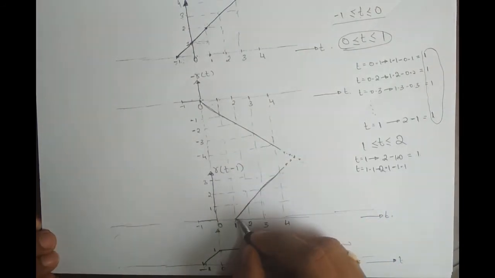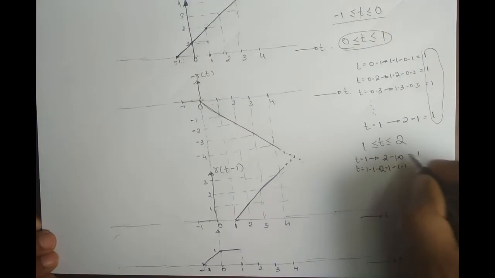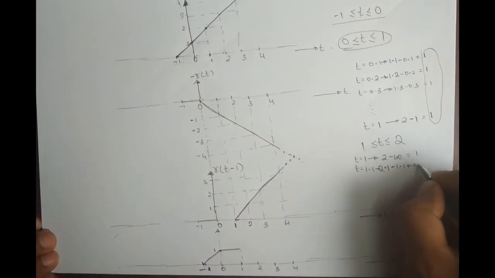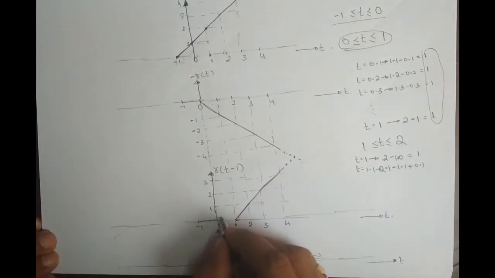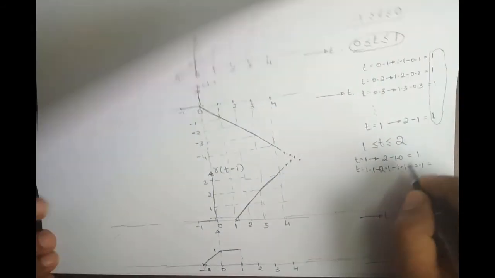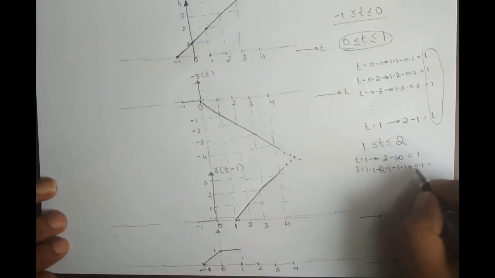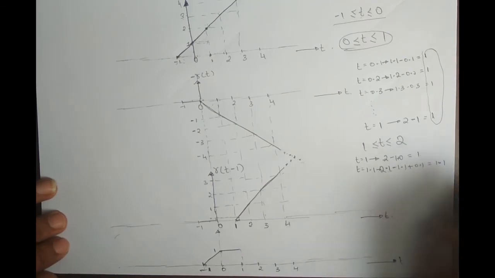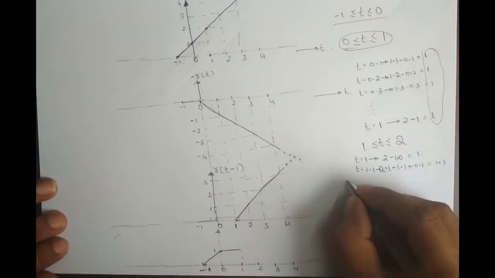So at t is equal to 1.1, what is the amplitude here? It is plus 1.1 because it started from 0, right? So slightly more than 1, so it is plus 0.1. This value here plus 0.1, right? So this is 2.1 minus 1.1. So we get 1 plus 0.1, which is 1.1, right? So starting from 1, it is increasing. So we will continue with that.